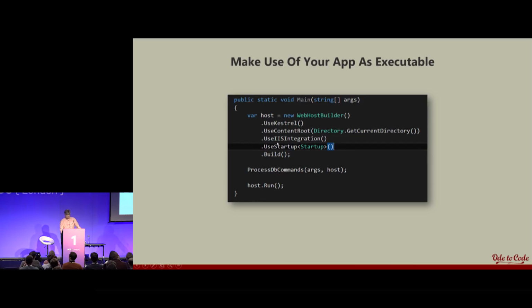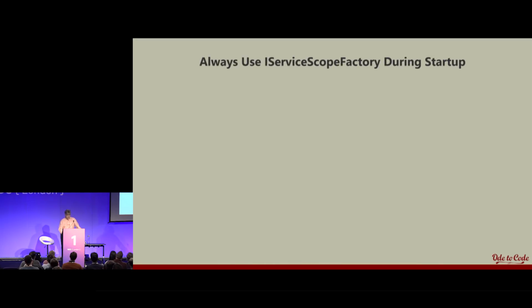So you'll notice this is your typical ASP.NET Core. We're going to use a web host builder with Kestrel and a content root and so forth. But before host.run, there's a process db commands that takes the command line arguments that are passed in and the host, so it knows how to get to things like a service provider. And what we can do with that